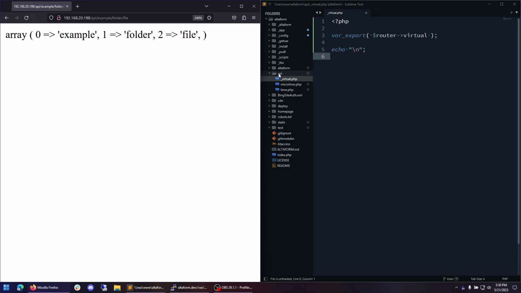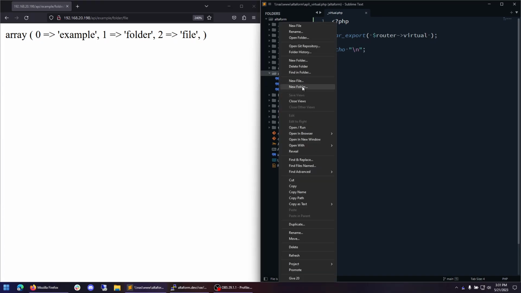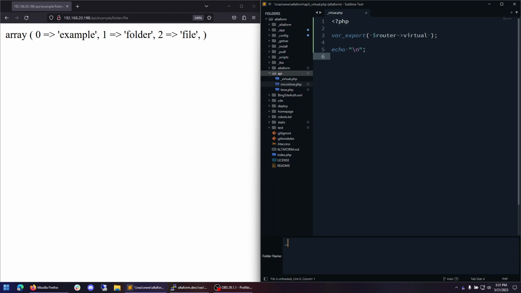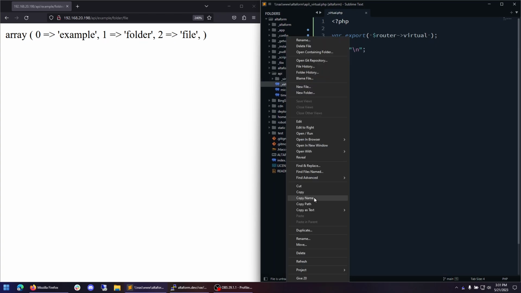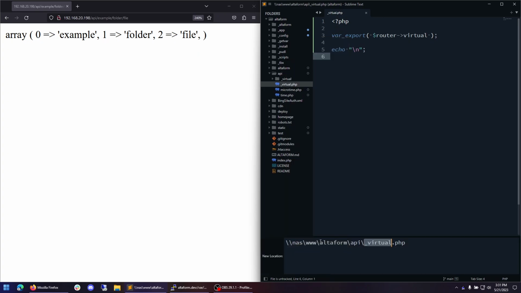Rather than simply matching the end of the path, we can also match the middle of the path. We'll do this by going to our API folder, creating a new folder underneath it called _virtual. Let's move our existing _virtual.php file inside of this new folder and instead call it _index.php.